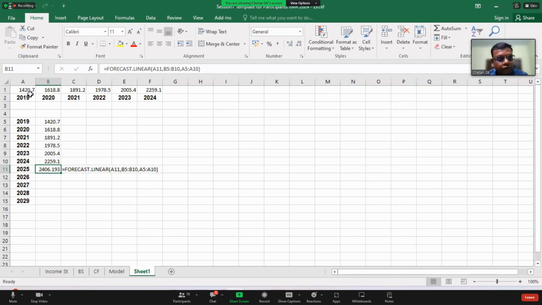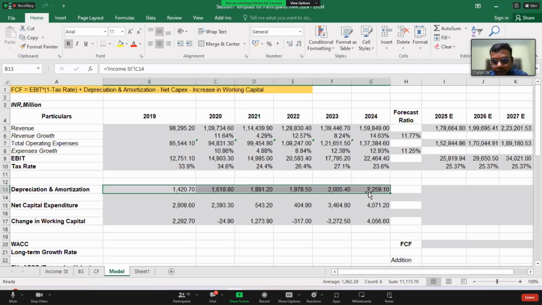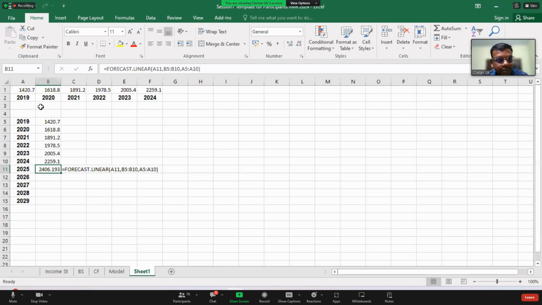By the way, what is this 1420? This is this figure. I copied this and I moved to the next sheet. That's it. So take some time and do this quickly.